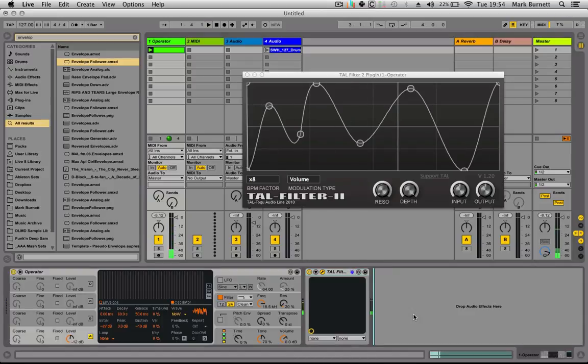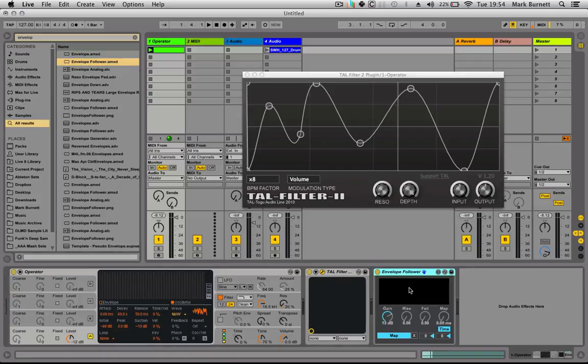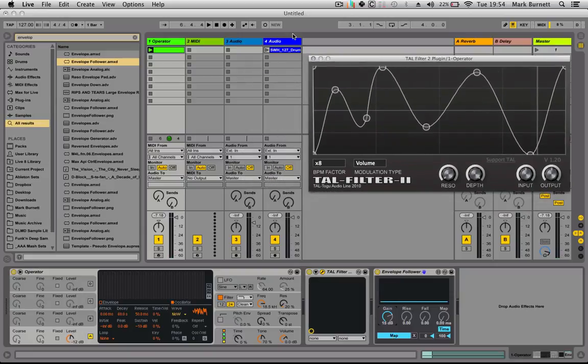So we could get this, and then we could do something like adding the envelope follower tool, perhaps. I mean, I'm kind of making this up as I go along. So we can see this envelope follower is now following this little envelope that we've created. We can add a bit of gain to it. That's quite cool, isn't it? And then what do we want to modulate now? So we could say,